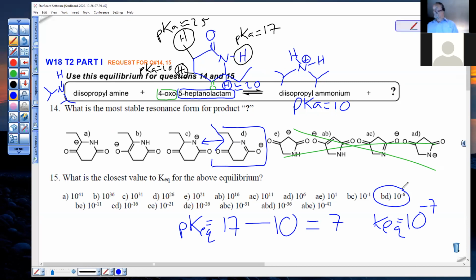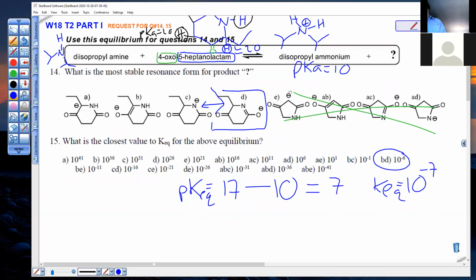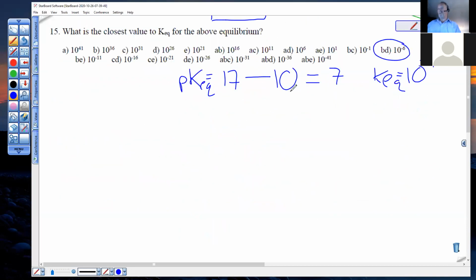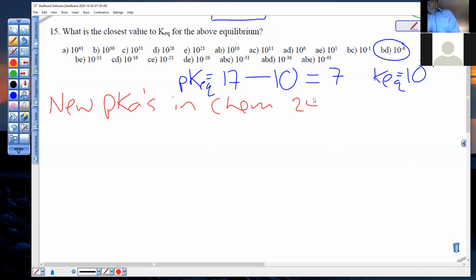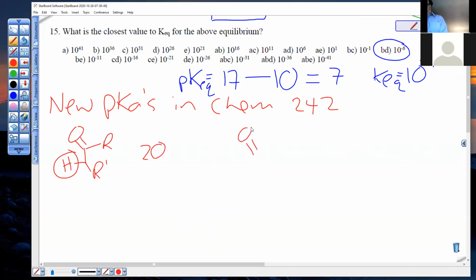Okay. I think this would be a good spot for our review of all new pKa's. You want to do the whole course? Why not? New pKa's in Chem 242. We had alpha to ketones or aldehydes, 20. We had alpha to esters,